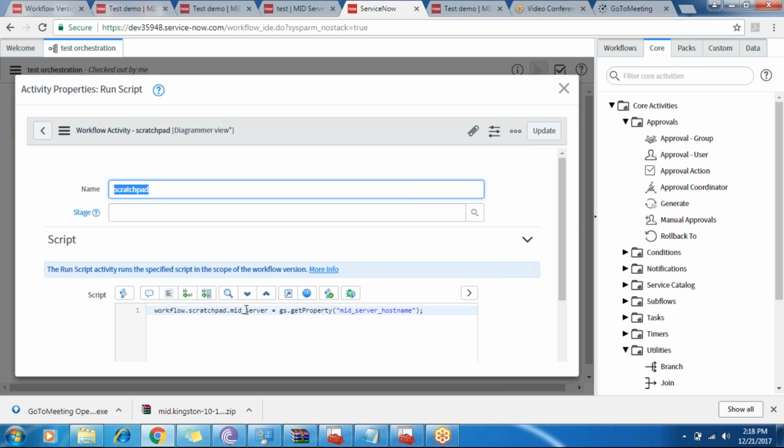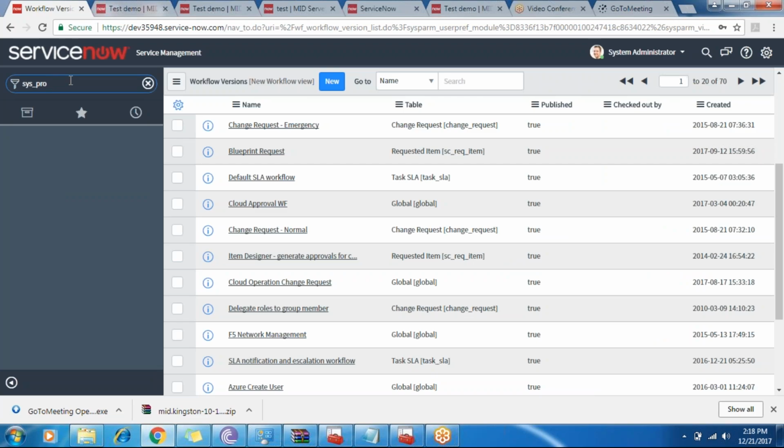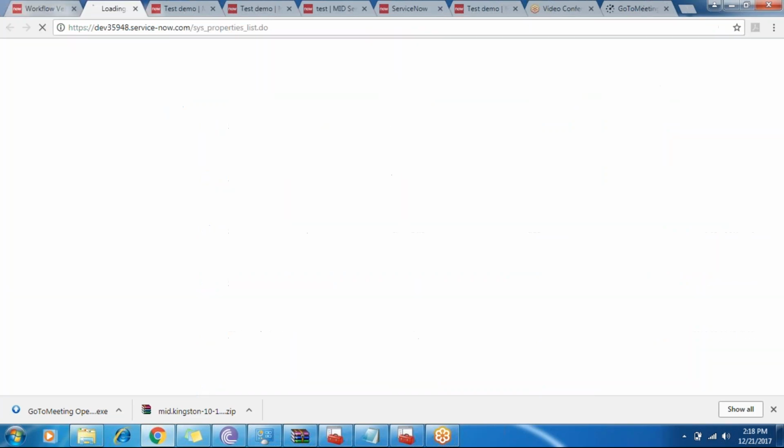Thus the value doesn't need to be fetched again and again in all activities. I have created one system property in the system, because ServiceNow doesn't recommend hard coding values.